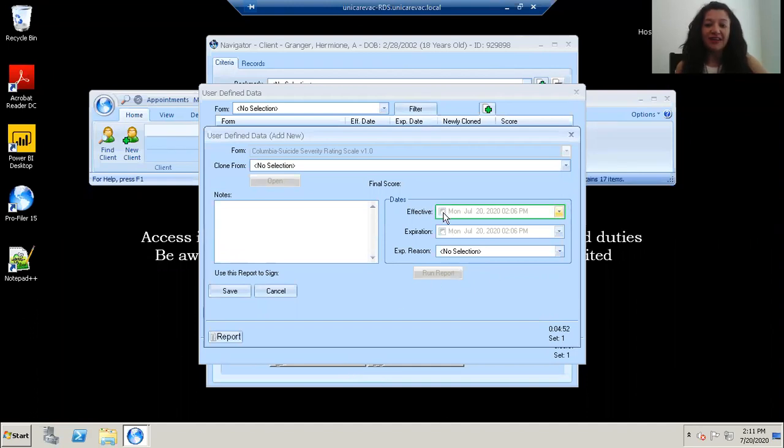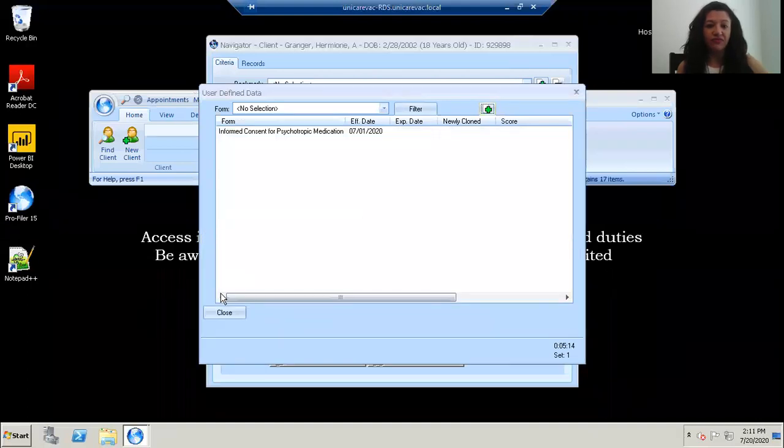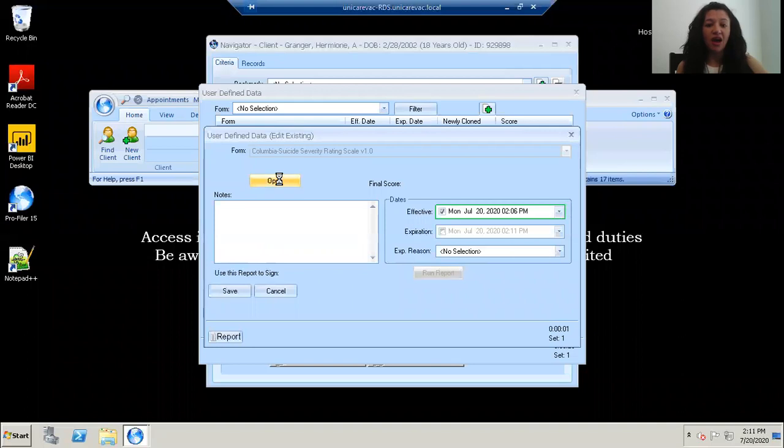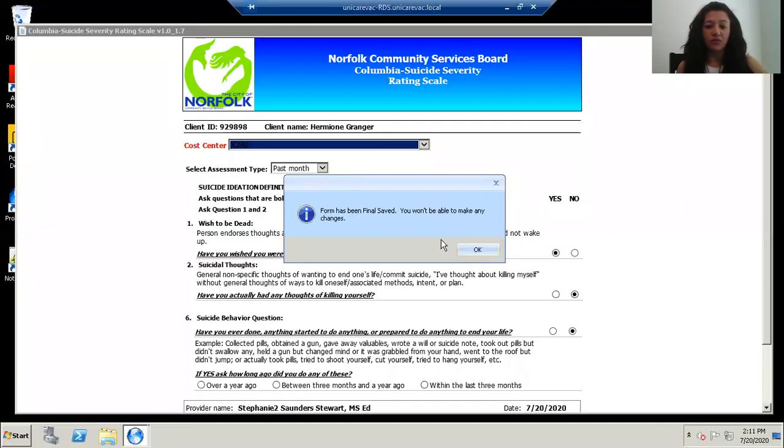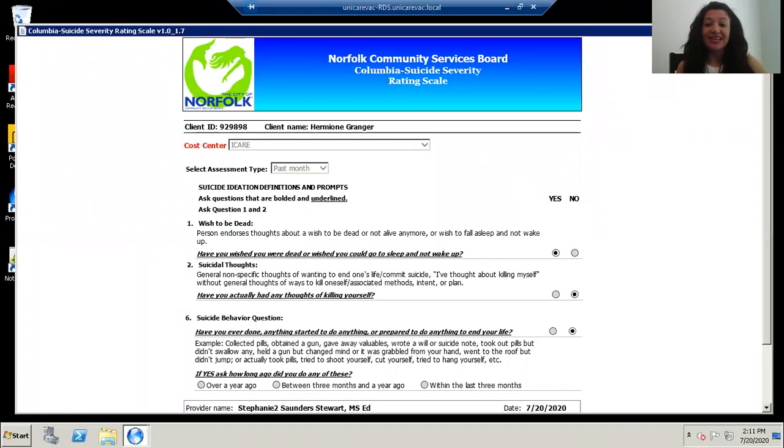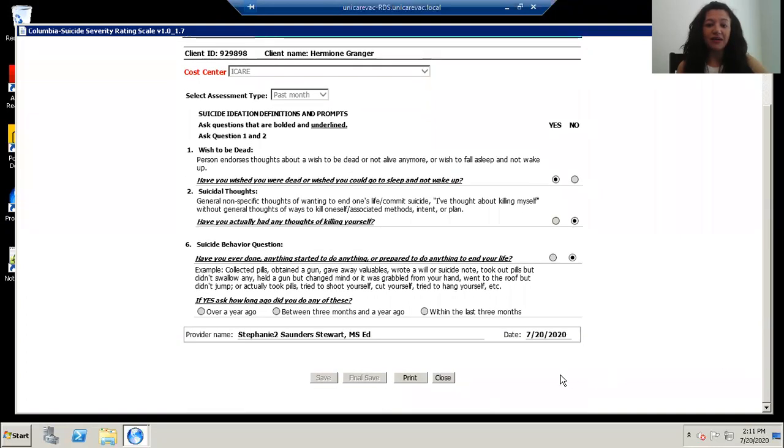I'm going to click the effective date box. That tells me the date that the Columbia was completed. Okay, and then I click save. And it's right there. Okay. One important thing to note, I'm going to double click on it so I can open it for you. Okay. The date on the Columbia here, so this is me, tells me the date that I've completed this,